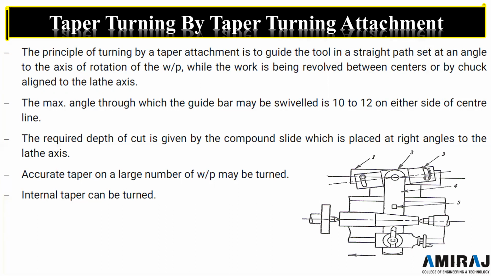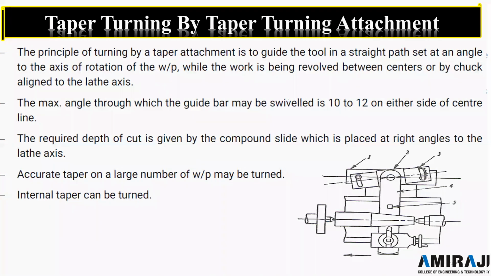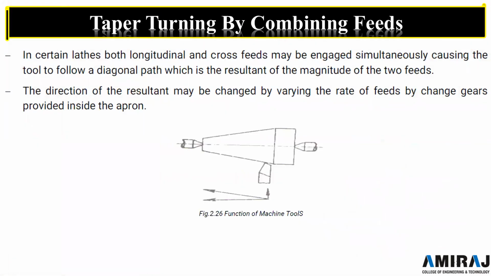The maximum angle through which the guide bar may be swiveled is 10 to 12 degrees on either side of the center line. And the last method is taper turning by combination feed, or combining feeds,